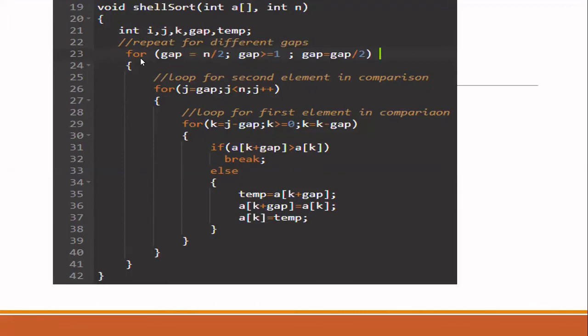The second for loop is for setting the index of the second element in every comparison of 2 elements, and the third for loop is for setting the index of the first element in the comparison.